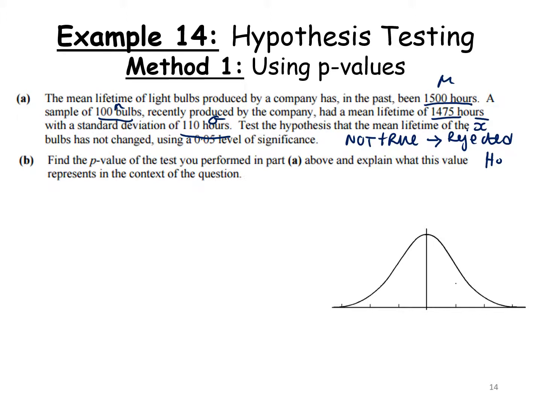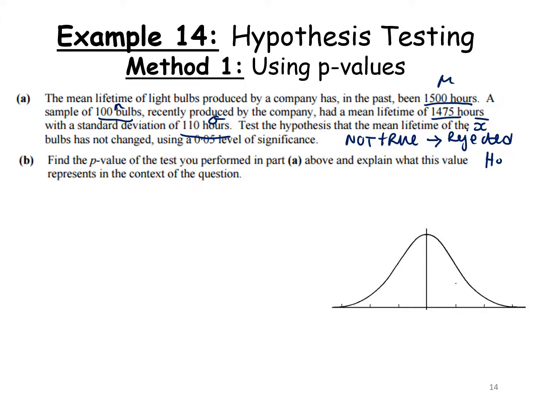So if the p-value tells us to reject, we should have rejected above. If it tells us to fail to reject or accept, we should have also done the same above. So it should always match. You're not going to get conflicting answers. So find the p-value of the test you performed in A above and explain what this value represents in the